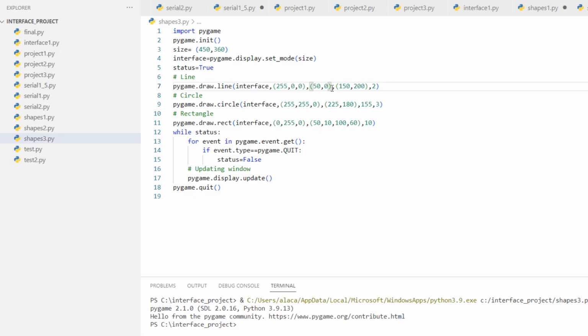When we look at the third parameter of the line function, it is the starting point, and the fourth one is the ending point of the line, and the last one you see here is the thickness of the line. And also when we look at the circle function, the second parameter is the color, the third parameter is the center of the circle, the fourth parameter is the radius of the circle, and the last parameter is